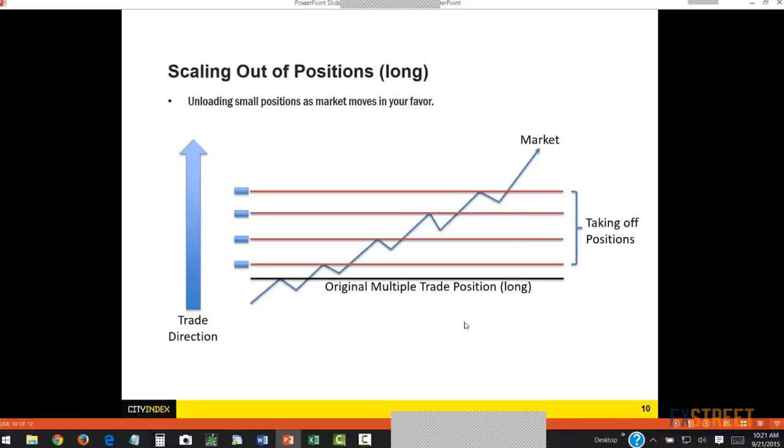Okay, and this can also be used in conjunction with moving your stop loss. So what does this mean here? Let's say this black line right here is your original